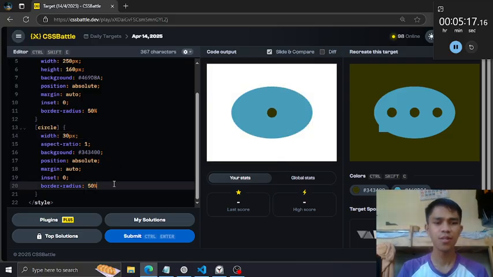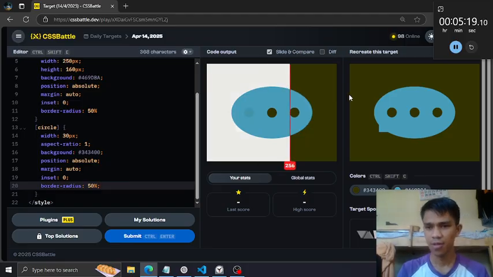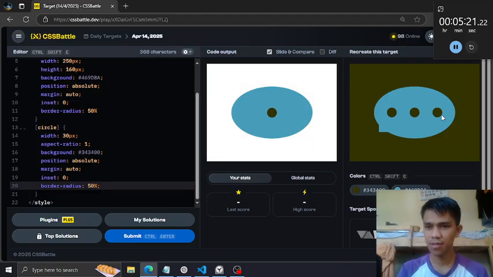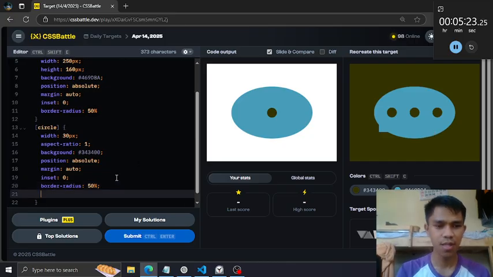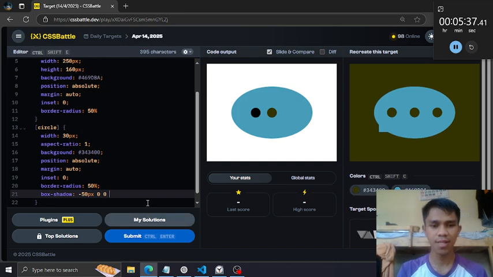So from here, to create the left and the right circle, we can use the box-shadow property. This would lie on the left side, so negative 50 pixels, 0, 0, and the color is the same as the background.